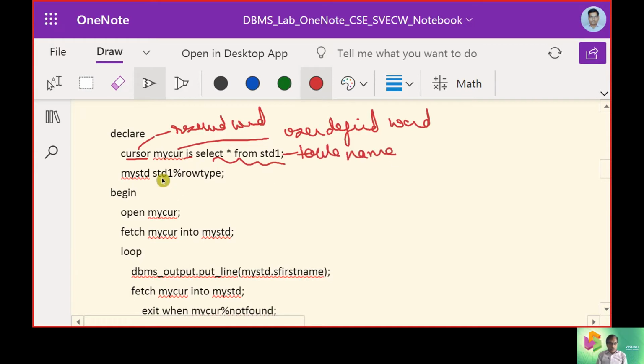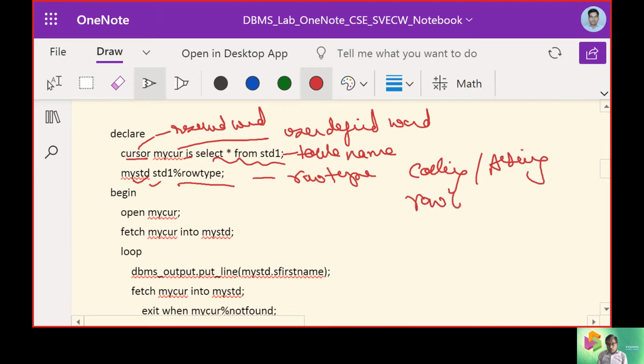Now you are assigning the row type, the entire row, to myStd. So it is assigning complete rows